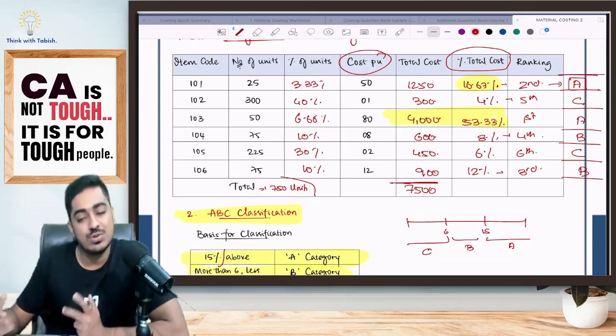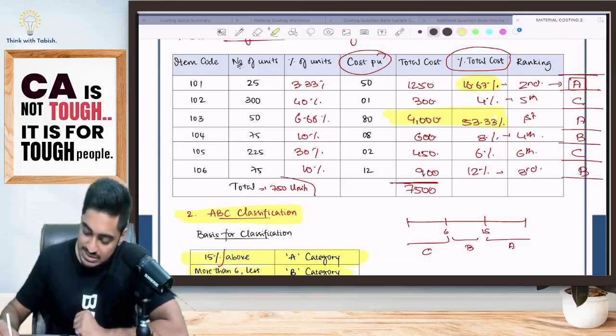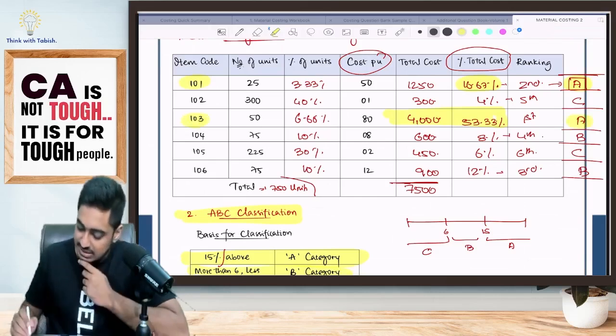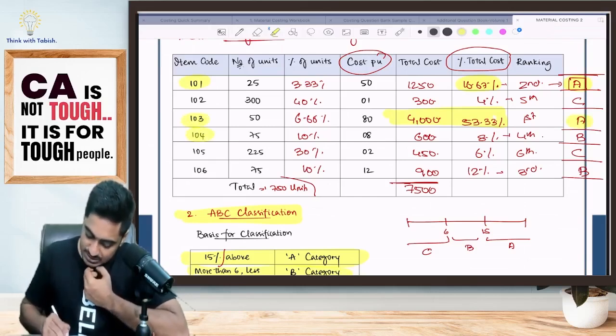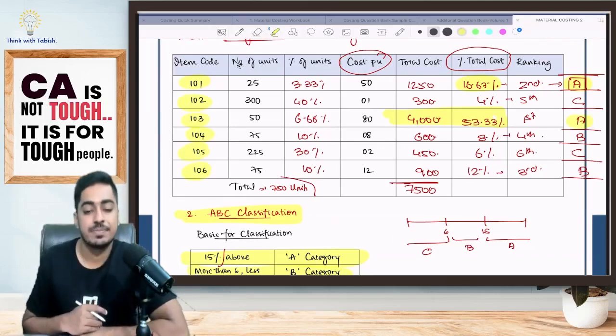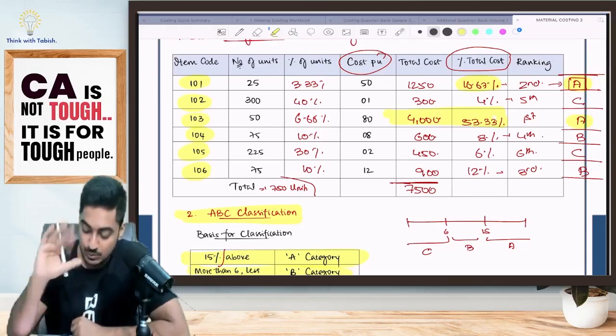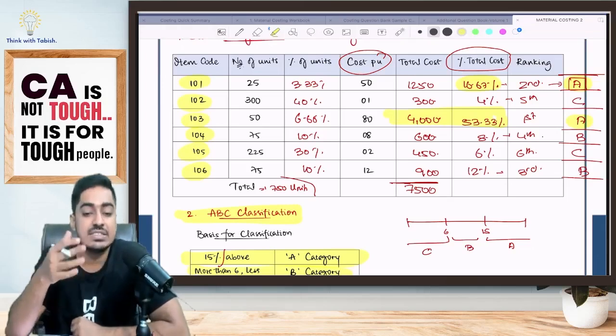Now ideally my story was over here only. Here only I can do the classification and tell which all will come under A category students. Item number 101 and item number 103 is A category. B category, item number 104 and 106. C category, item number 102 and 105. This much only if I do also it is sufficient. But what ICA has done is they have rearranged the data.